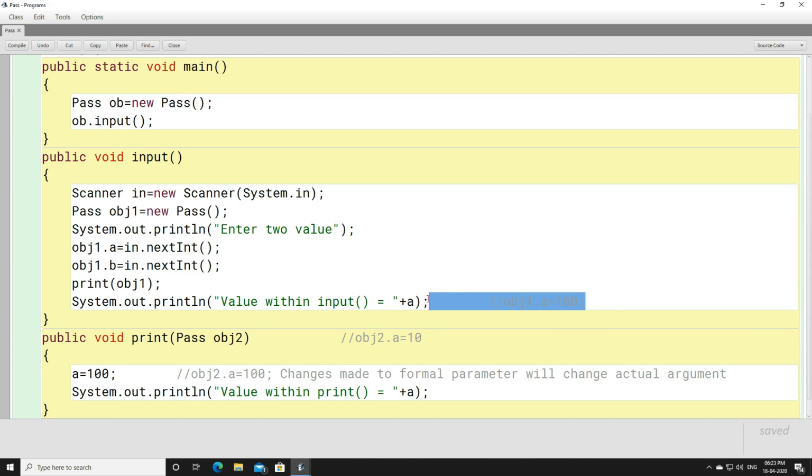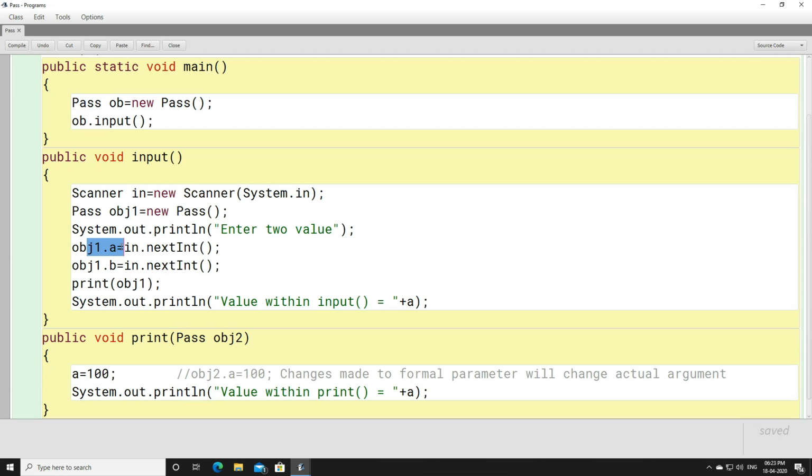Now when you are passing obj1 from here, that means you are copying. For obj1, a will hold some value and b will hold some value. That obj1 is copied to obj2. That means for obj2 also, a will have the same value and b will have the same value.